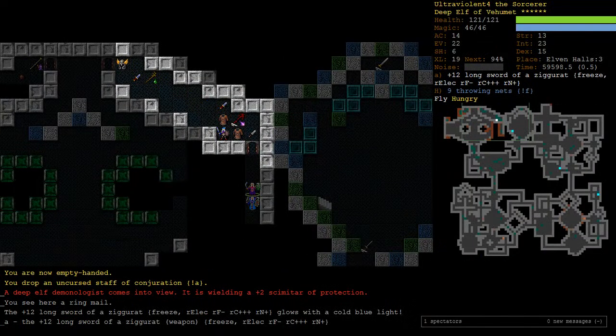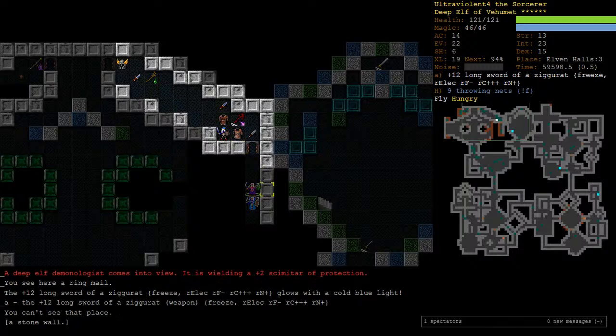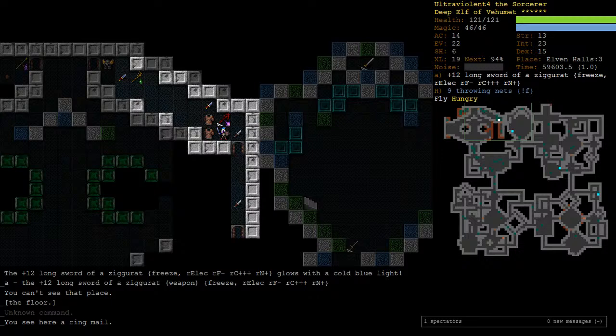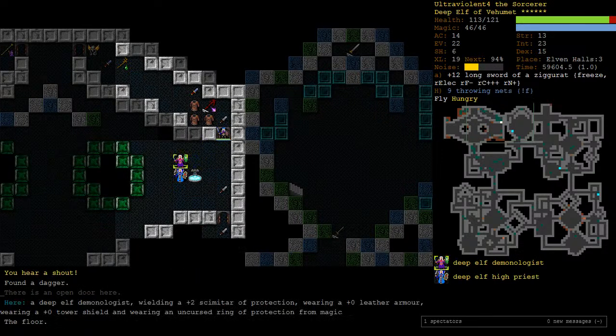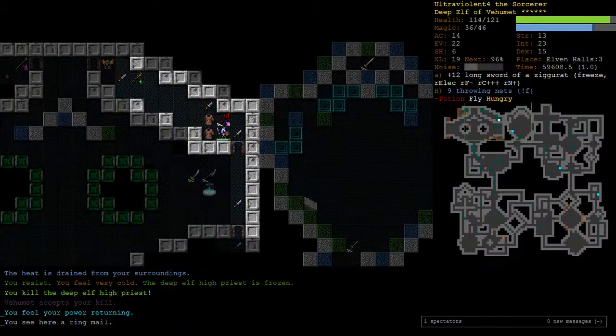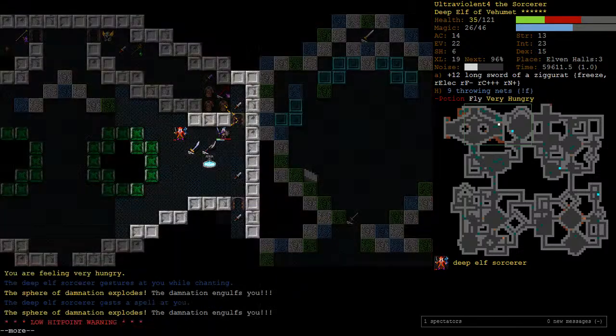What am I doing? Pressing the wrong buttons. Oh, he had... Did he have that shield? Was that the shield of resistance I just saw? No, he just has a Tau shield. Just the Demonologist with a Tau shield looks really unnerving. That looks really, really, really unnerving. That's not supposed to be a thing. It looks so bizarre that I figured it was...